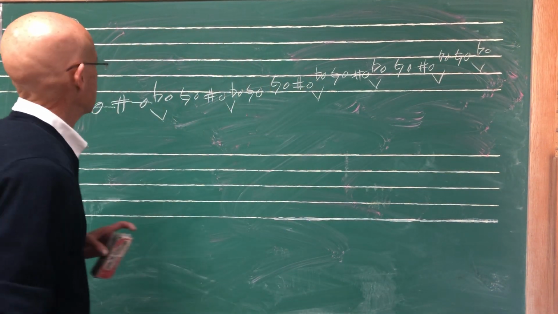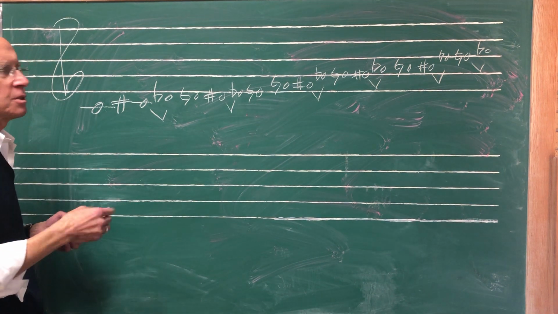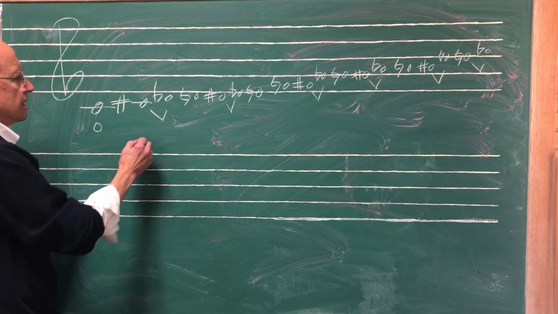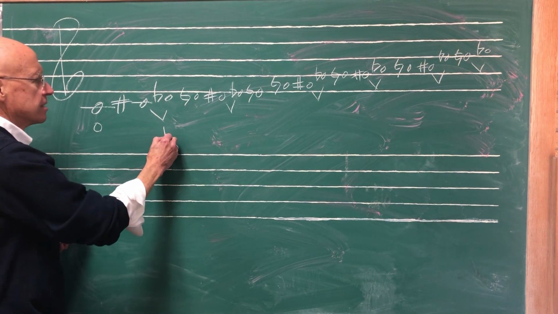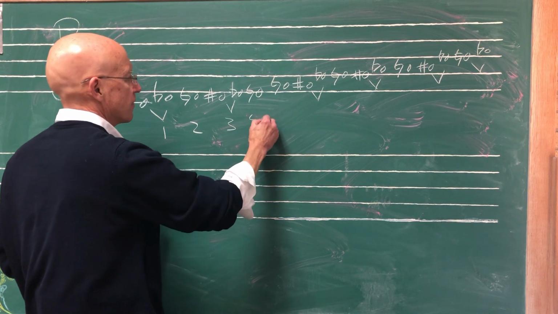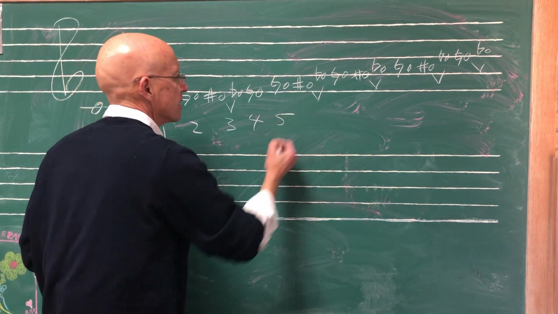Right, with enharmonic equivalents. So all C naturals, B sharps, and their enharmonic equivalents are pitch class 0. C sharps and D flats 1, D natural 2, D sharp, E flat 3, E 4, F 5, F sharp